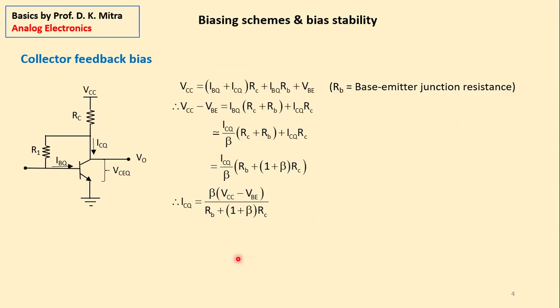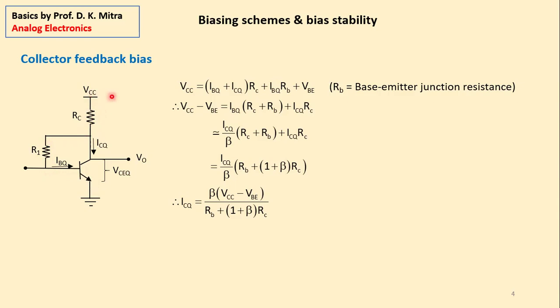Next is collector feedback bias. Here, after this resistor RC, there is a resistance R1. Earlier, this resistance R1 was connected to VCC. Now it is connected to the collector. Once again, if you go to this loop, from here to here to here to here to here,